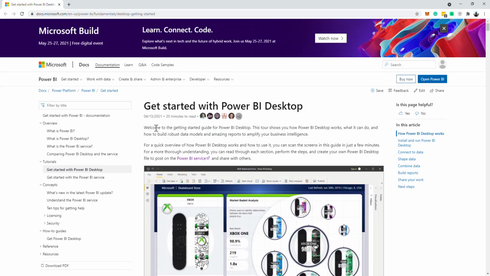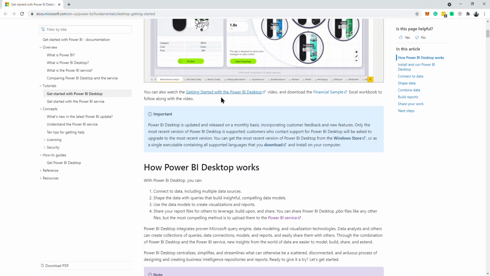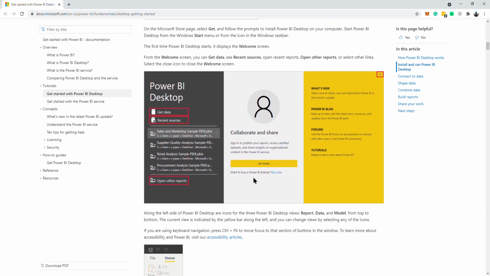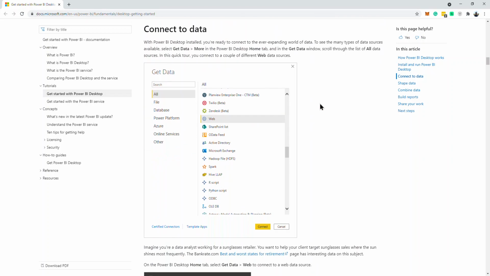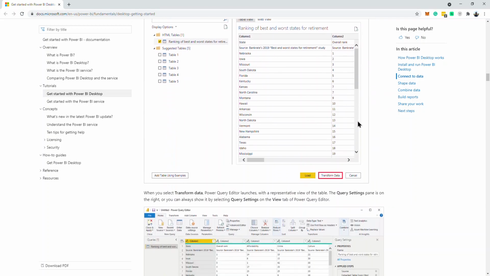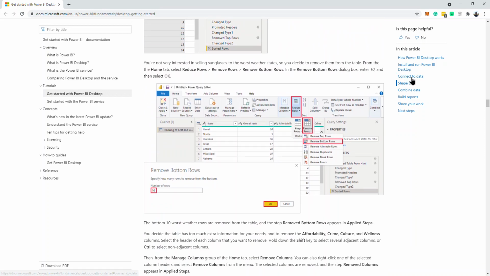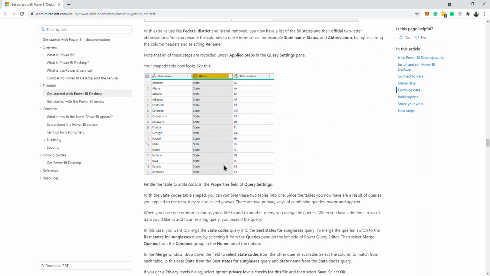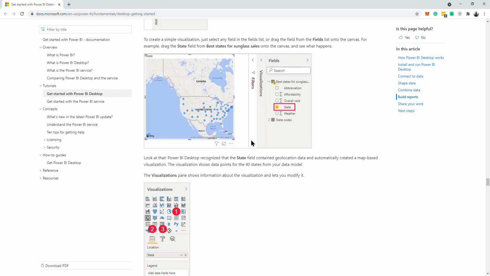So this will open up the get started page, as well as some sample data set, as well as how Power BI works, how to install Power BI desktop, and this is giving step-by-step details about how we can connect the data, how we can get all the stuff with the transformation, Power Query, shaping the data, then applying individual transformations to the data, and then combining multiple data to create the data model and visualization as well, to finalize